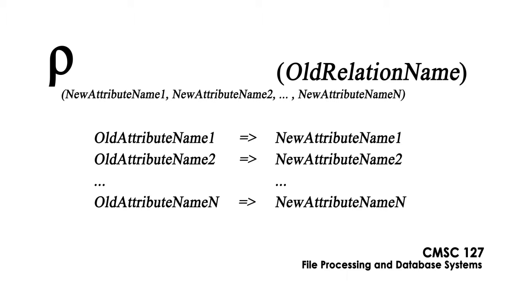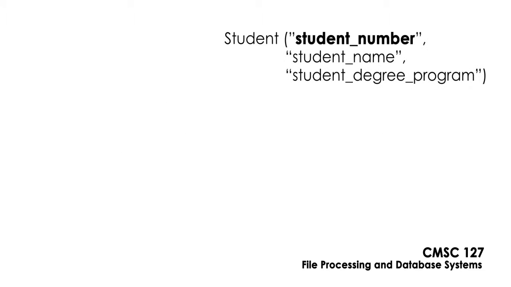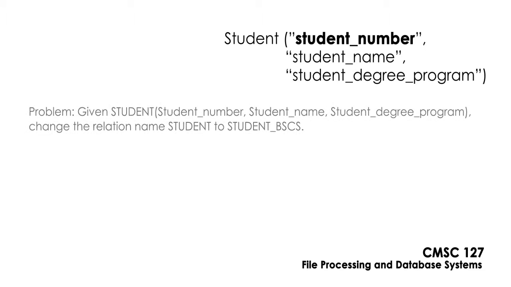As an example, going back to our student relation that we have been using earlier, if I want to change the name of student into something like student underscore BSCS, because I realized that the contents of the student relation are all BSCS students,